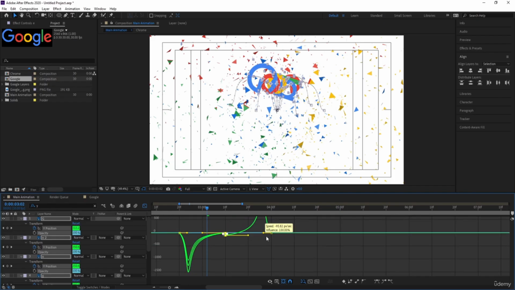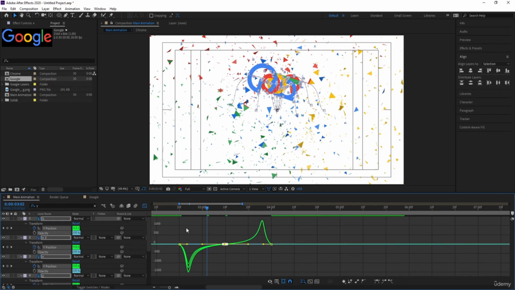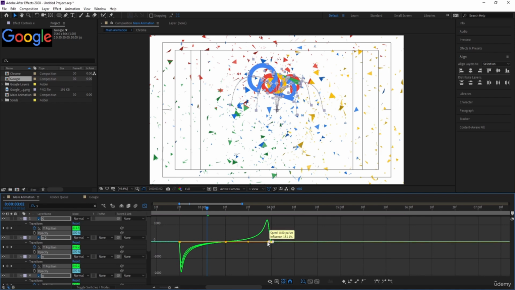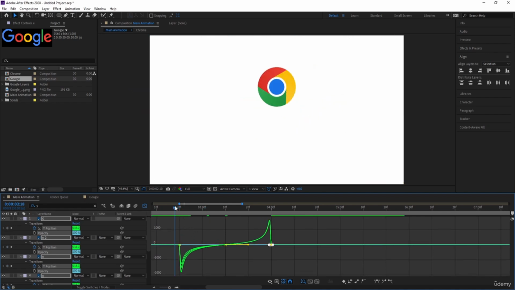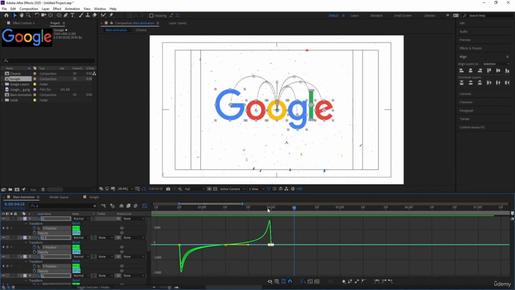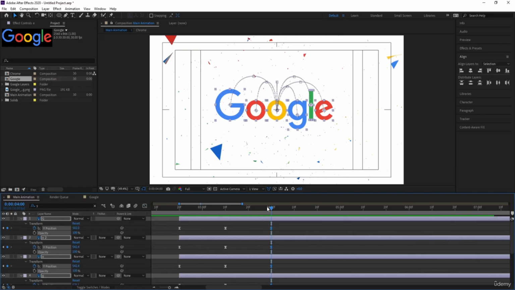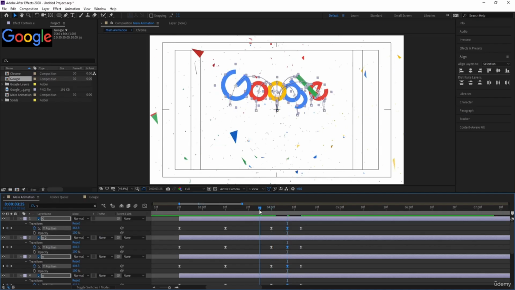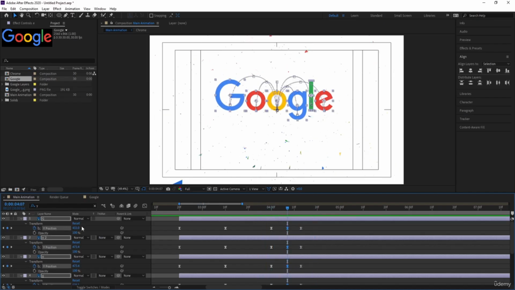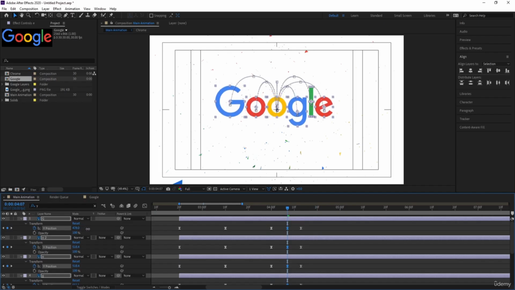Select this, move this handle over here, sorry, move this handle over here. Select this, move this handle over here. Select this, move this handle over here. So if you see now, you will get something like this. Similarly, go few frames forward, create another keyframe at Y, and in middle of that I'm going to move this over here. Okay, I think that's too much up, so let's bring this a little bit downward